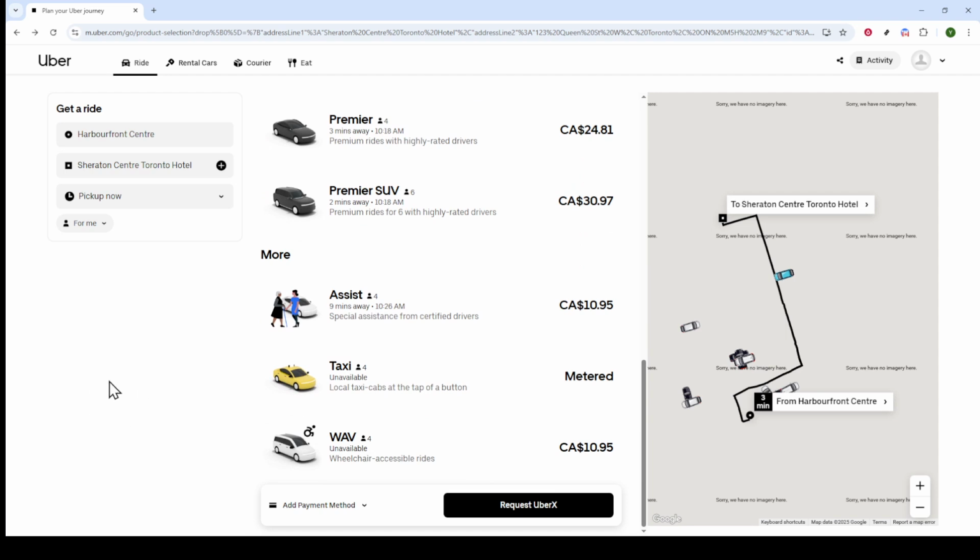Remember, this is a great tool to utilize whenever you're sharing a ride with others, ensuring that everyone can travel together while